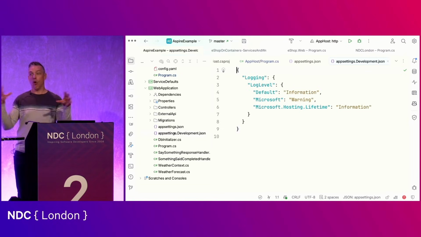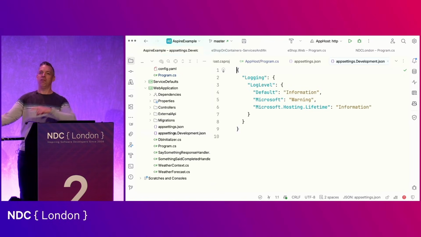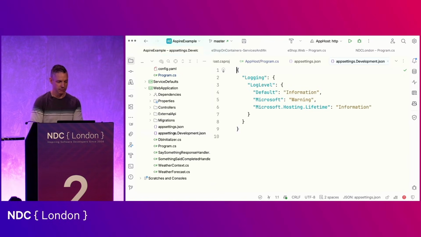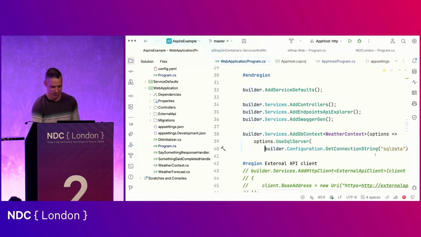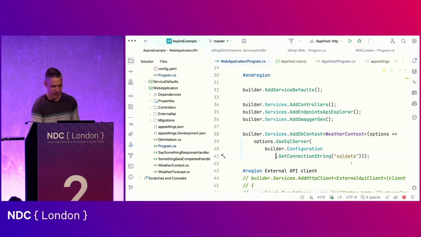Because Aspire is orchestrating these two resources together, once it knows it's got the SQL instance up and running, when it launches the web application, it can inject configuration into that running application so that it will automatically get the connection information from the Aspire launched database. So in here, I didn't show it over here yet, but right here I've got use SQL Server,